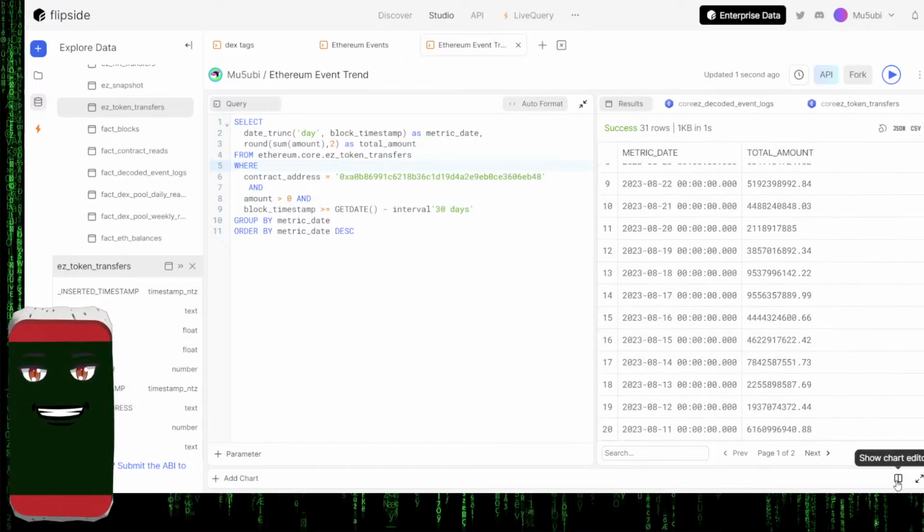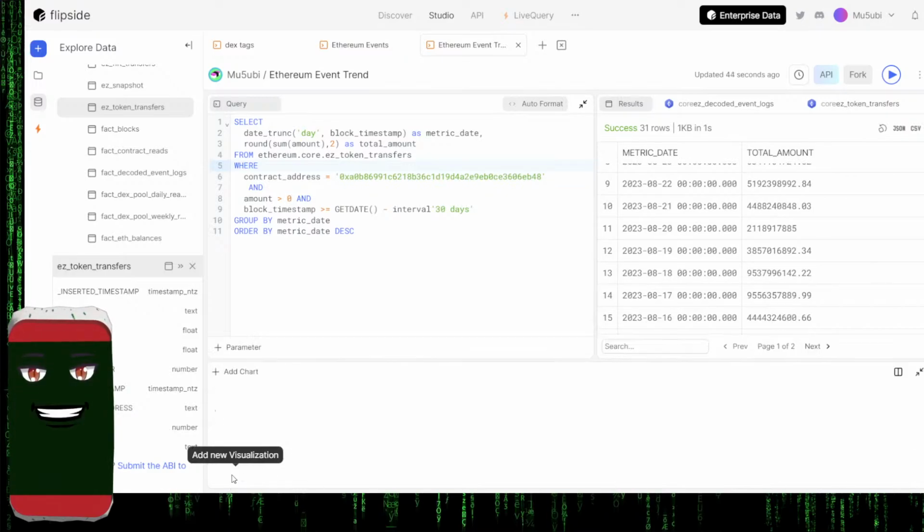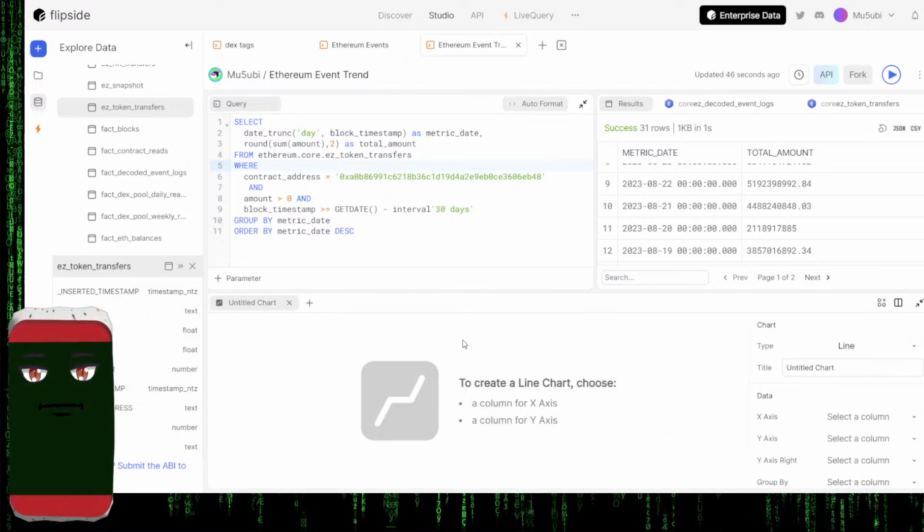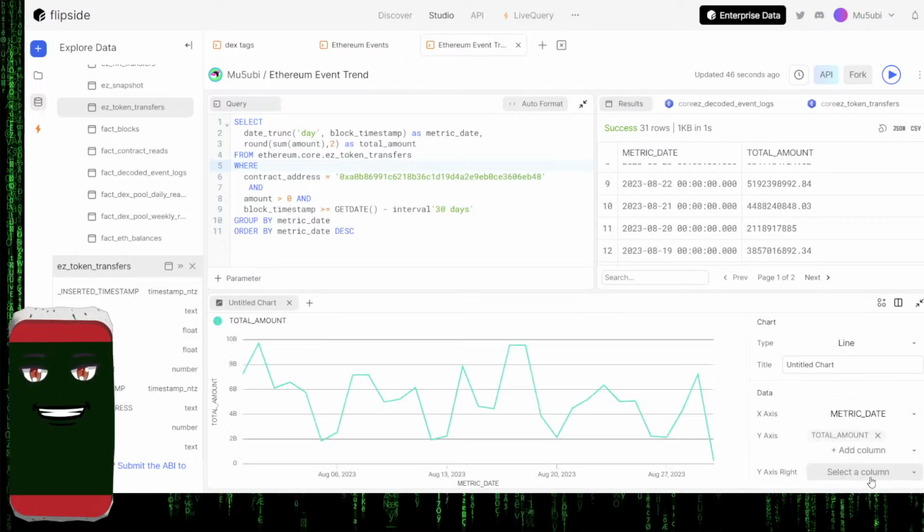So let's try to add a chart. We'll do a line chart. Our x-axis is going to be our date, and our y-axis is going to be the total amount. So sort of similar to what they did in the docs. You just have to find the right table, and you just have to adapt to people building and changing and evolving. So we have the date for the USDC transfer,